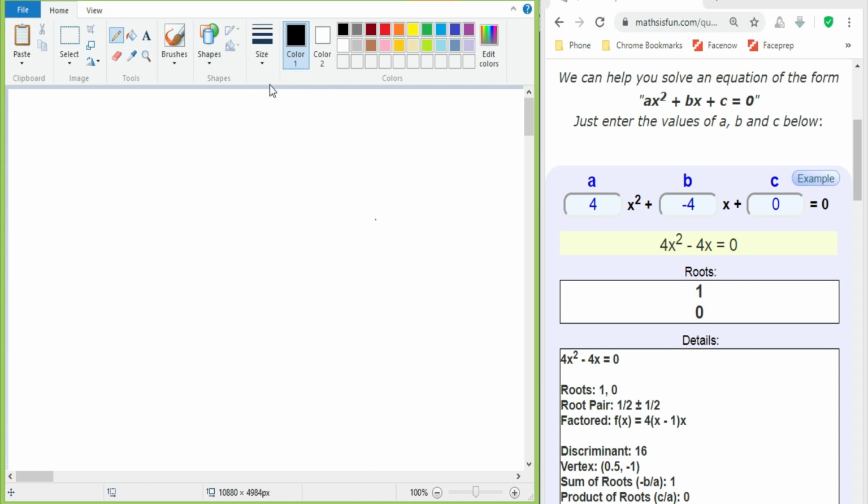Okay guys, we'll start solving problems now. We are going to discuss quadratic equation today. And I am going to split the solving of quadratic equation in two parts. One is factorization, and the other one is using the formula.